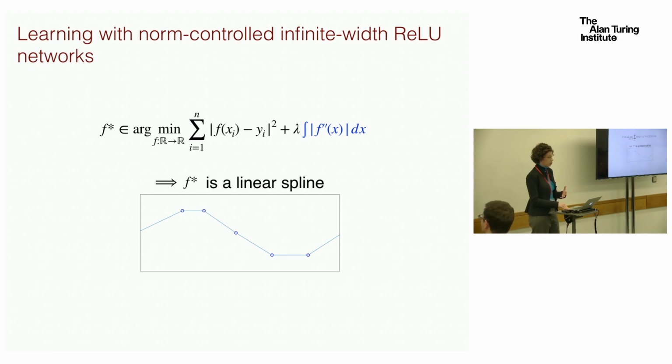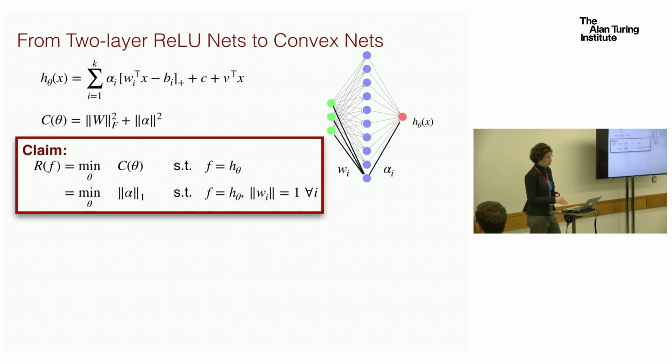Okay, so I want to tell you a little bit about some of the ingredients from that analysis that we're going to leverage as we start going on to higher dimensional inputs to these networks. So we're starting at the same starting point. We've got the same specification for the network and the same kind of regularizer that we had before. And one of the results from past work, I'm sorry, I'm missing the reference to, says that this regularizer that we've been considering before, where we would minimize over all possible thetas, trying to find a parameterization of the network that fits our function and minimizes the cost function over thetas,